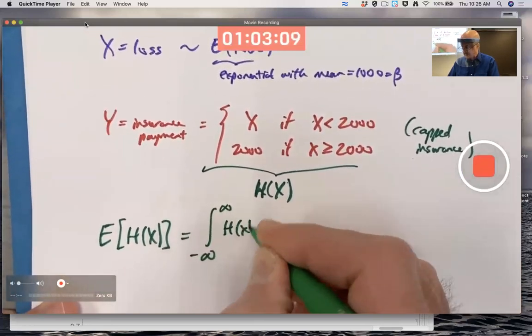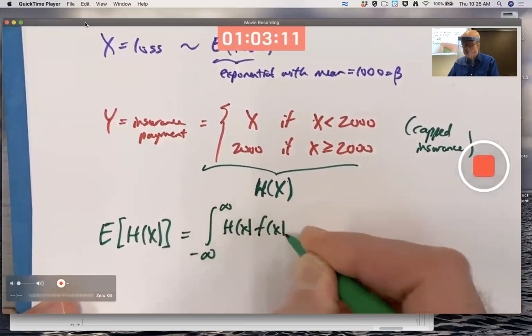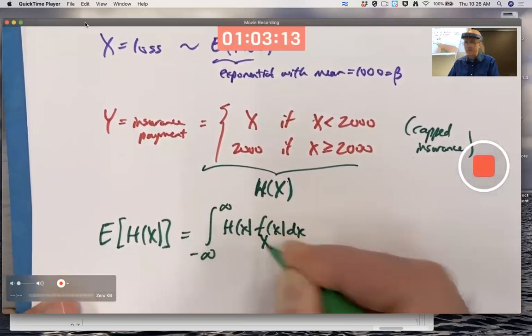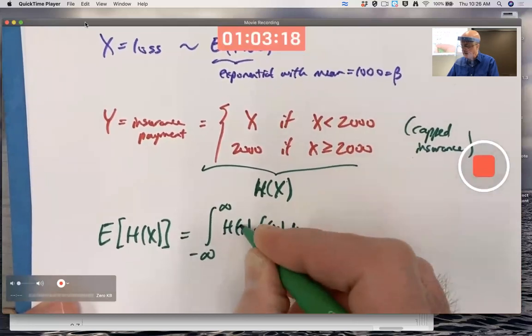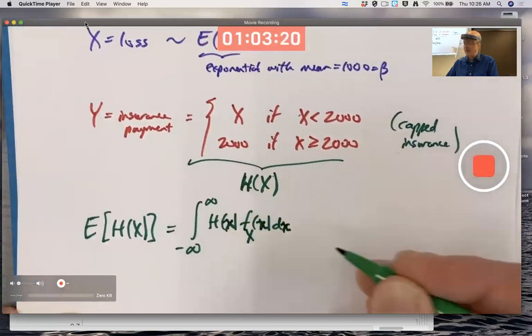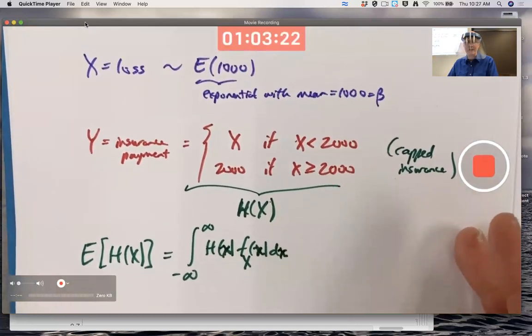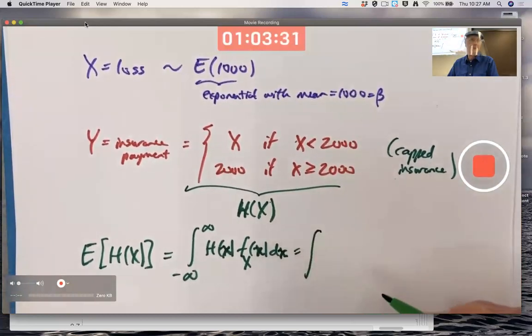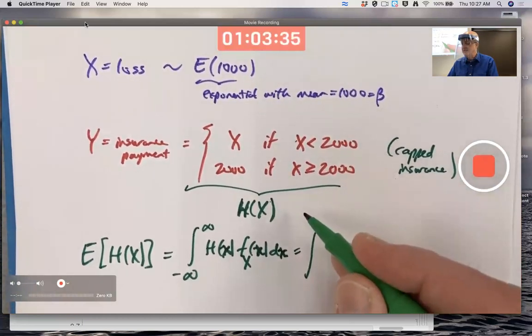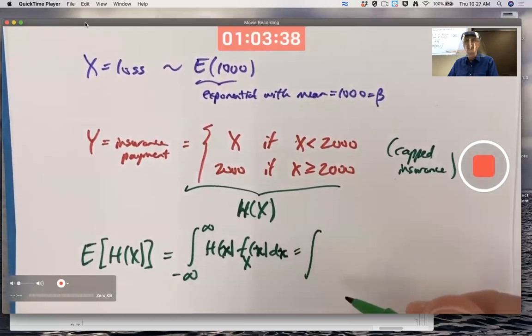That's going to be this, where this is the PDF of X here, not Y. And for our situation, when X is exponential, it's going to be an integral from 0 to infinity, you might say, but also because h of x takes on a constant value of 2,000, once x reaches 2,000,